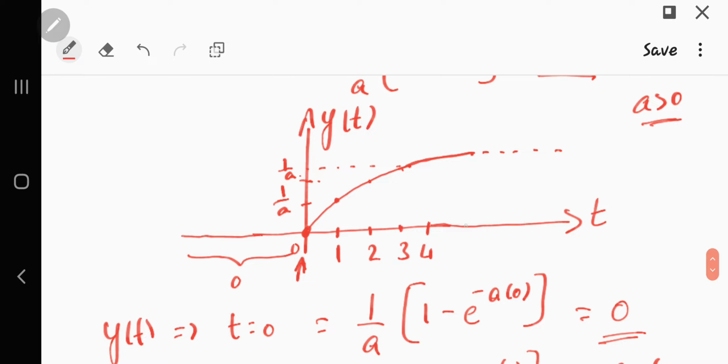Okay, so this is how you have to plot by applying the values for t. So in this instance you will get a growing exponential, but in some cases you will get a different kind of signal, so you will get a different output for that as well.